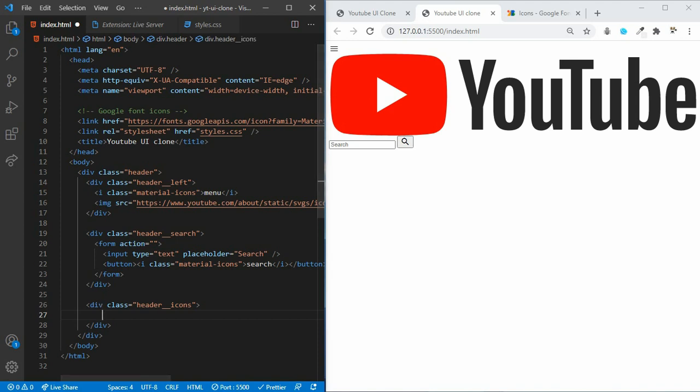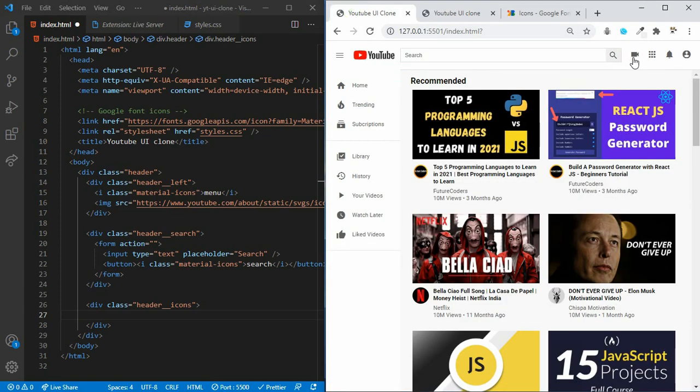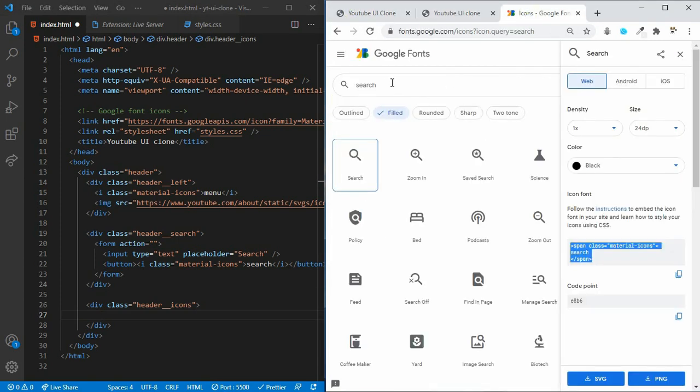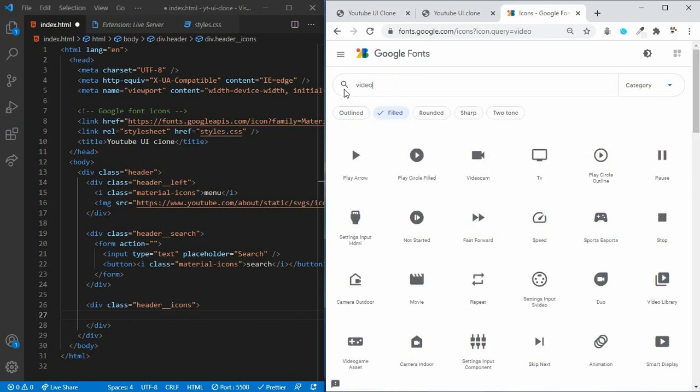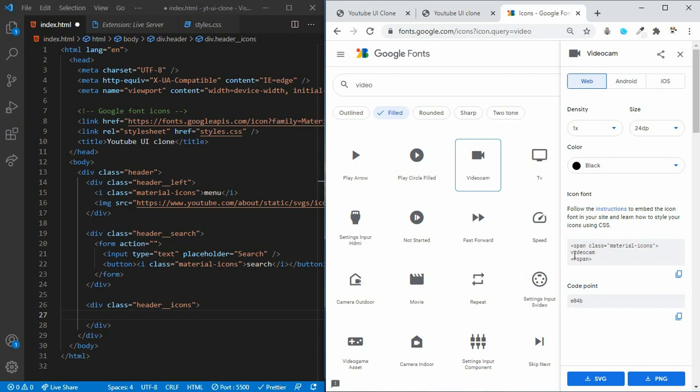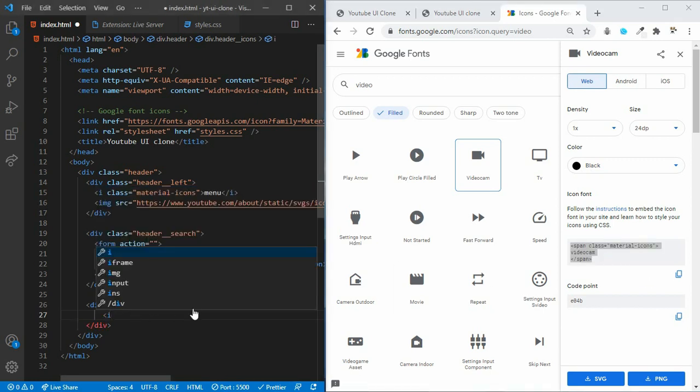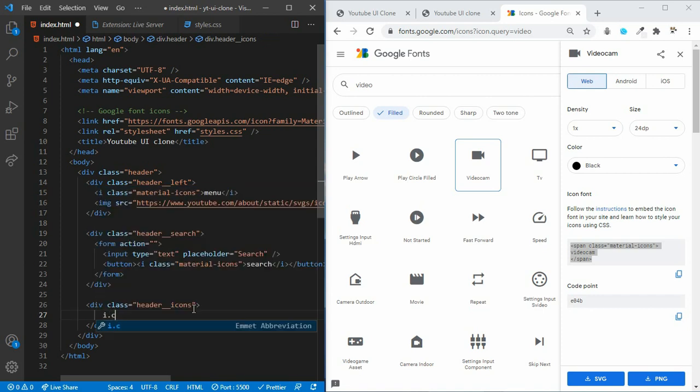Inside of here, the first icon that we will be using is the video icon. Let's search for video here. So we will be using this one. So we have to say videocam. So let's define an I tag with the class name of material icons. Inside of this, all I have to say is videocam.